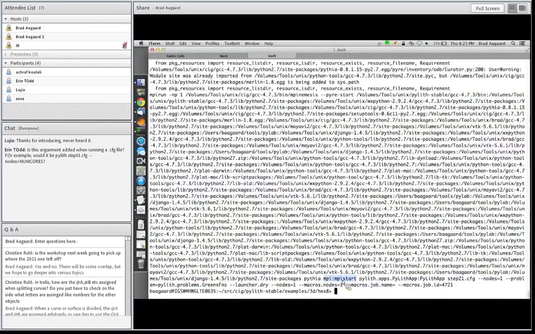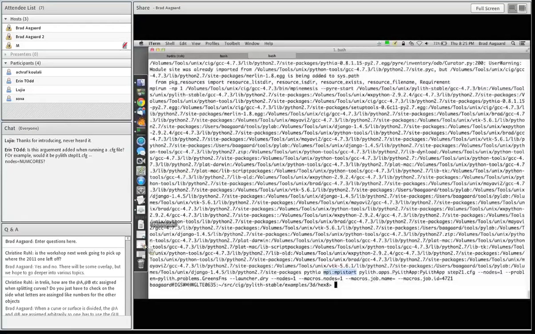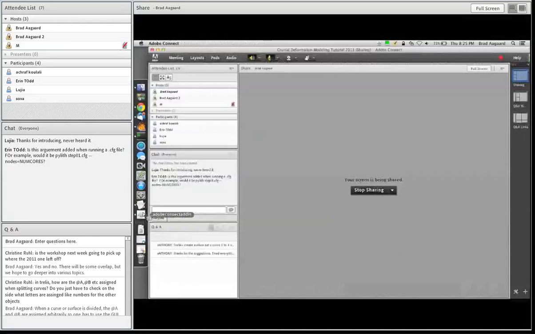So you generally don't need to know about doing a dry run of the launcher, unless you're having trouble actually accessing the MPI. But with the binary, this won't be an issue because everything has been set up properly. So let's go back to the slides. I'm going to stop sharing and we'll switch to